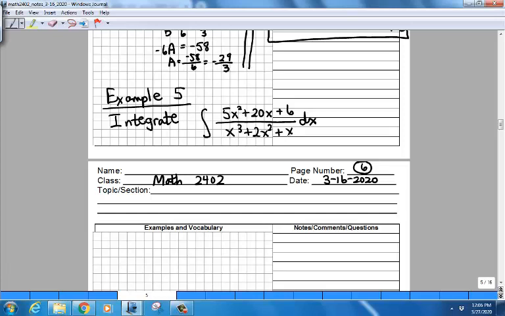So indeed it looks like partial fractions might be useful here, but you're only going to be able to use partial fractions, remember, if you can get the denominator to factor. If the denominator is not going to factor, then you're not going to be able to use partial fractions, and it'll be back to the drawing board to look for some other technique. Now, this looks like a challenging denominator to factor, the x cubed plus 2x squared plus x, but actually this is going to factor